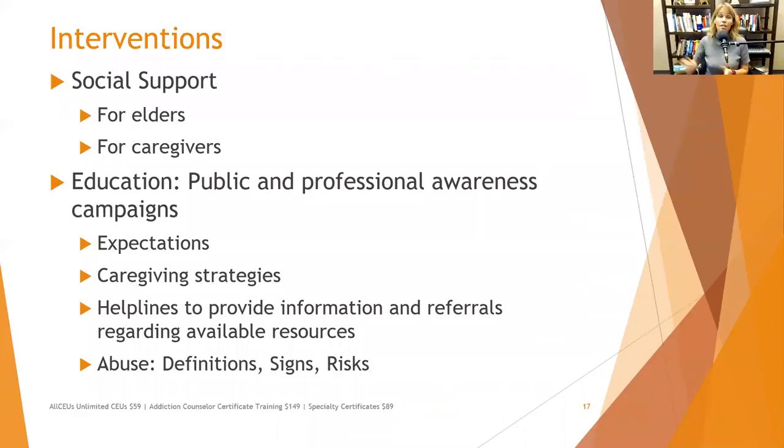Parkinson's is another one, because Parkinson's can have hallucinations and delusions that accompany it. So there are a lot of different diagnoses that may be unique to older people that caregivers need to be aware of, as well as professionals. We want to provide information about caregiving strategies, because you don't take care of a 65-year-old person the same way you take care of a 5-year-old person. So it's important to help the caregiver understand that.